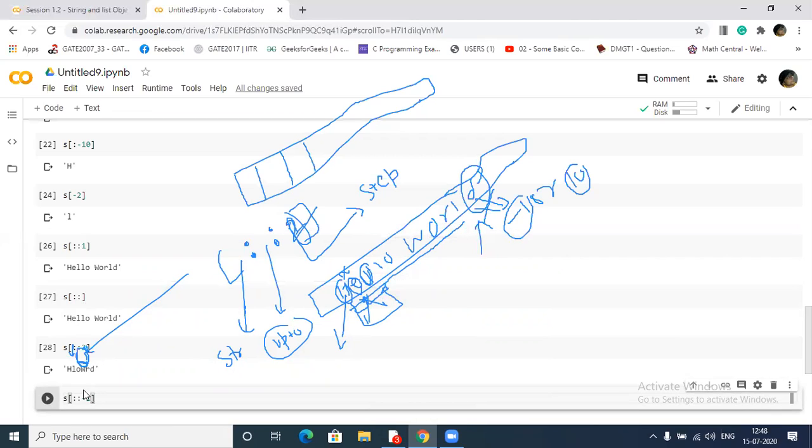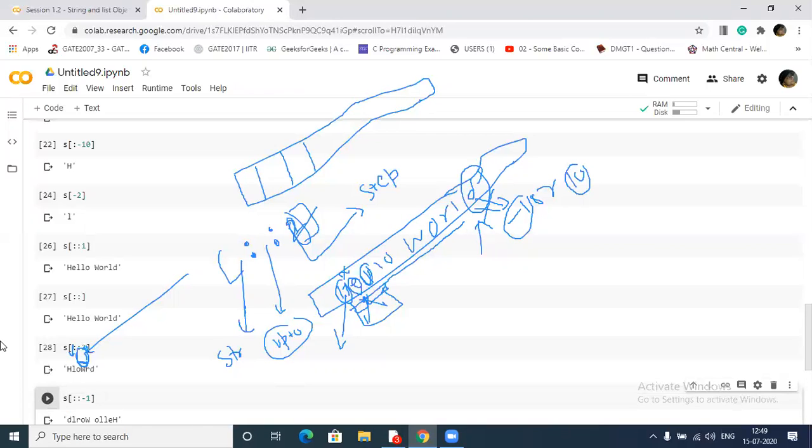But whenever I pass a negative step size, the counter will be set here, and it will start the counter from here and go to the tail end, because I have not passed anything here. Neither a starting point nor an ending point, but by passing this negative step size, I have just fixed the counter here. It will go in the reverse direction, so it will print the reverse of your string.